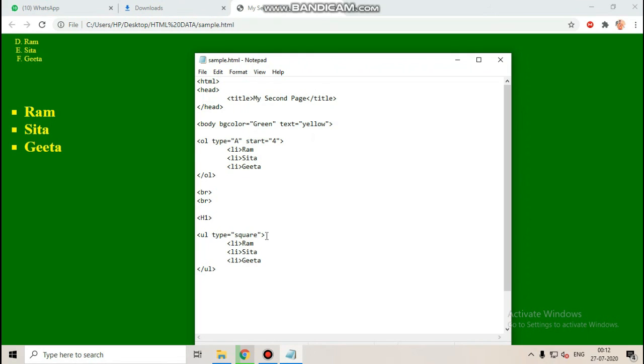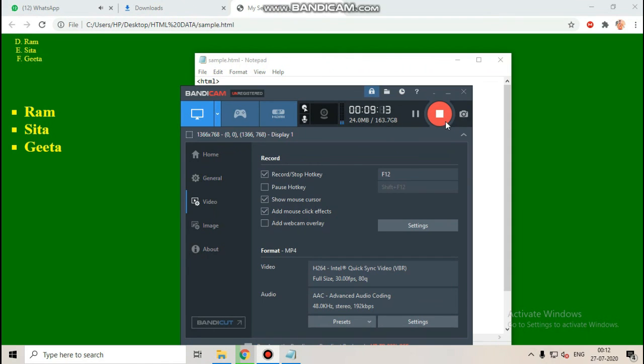Here you cannot use start because in an unordered list there is no need for a starting point. So in an ordered list we use it, where a starting point is important. So this is the coding for only ordered list and unordered list. So now I'm just